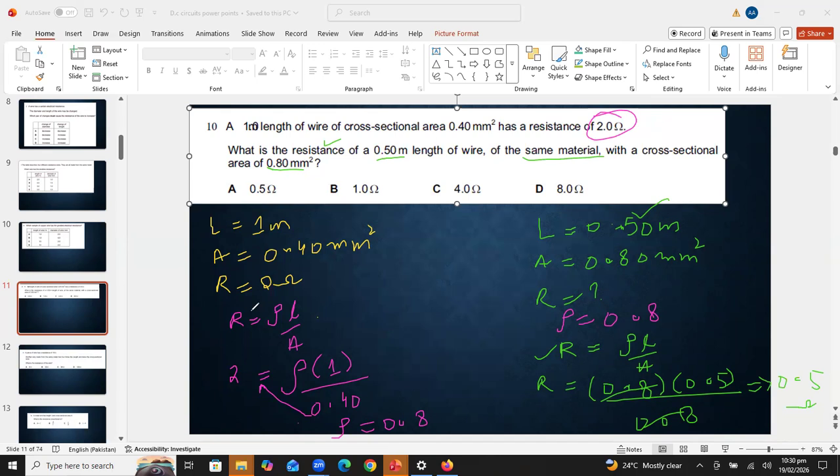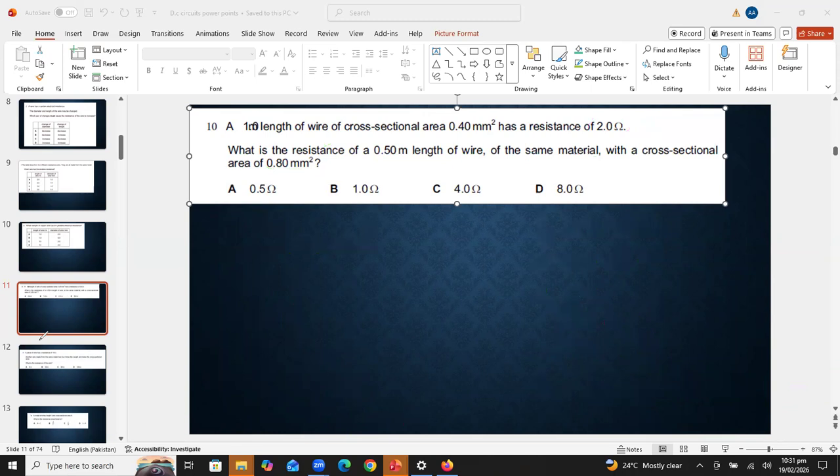Acha, there is one direct method as well which we can use to solve this question, but sometimes this method will not be effective. So try to use this calculation based method, okay? Alright, now students, I am going to clear the screen. I hope you all have noted down. I am moving towards the next question.